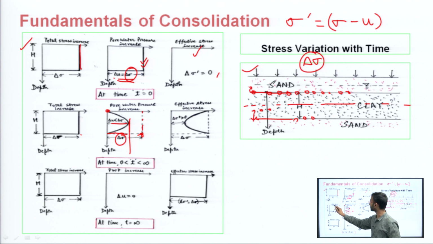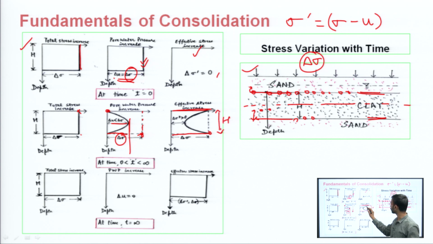So if we subtract, this is total stress minus this 0. So the effective stress can first of all be mobilized in this boundary layer, in both the boundary layers, because here the drainage is being allowed. See, sand is above and also below. So the effective stress will be mobilized here. So the effective stress at this point has increased to this value. And if you talk about this height h also, this thickness h, at these two boundaries the value is the same, that is, the effective stress has been mobilized.